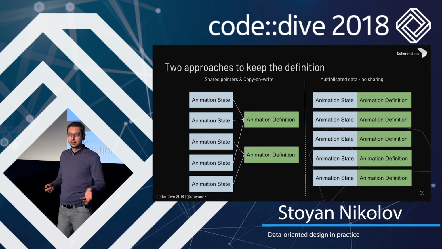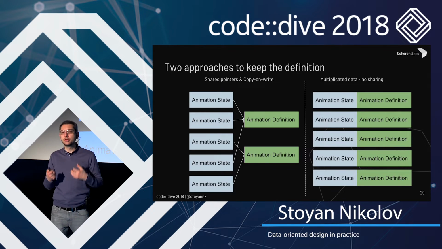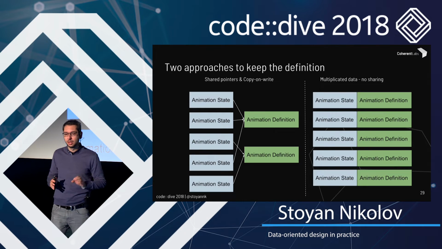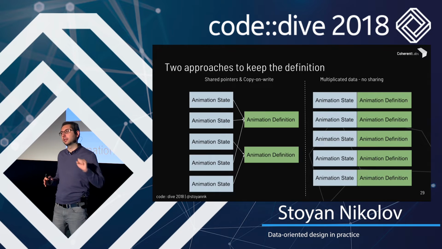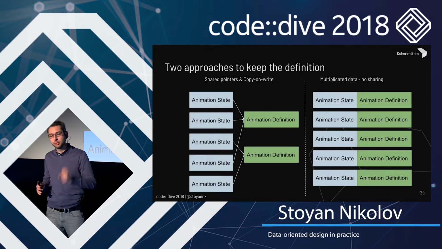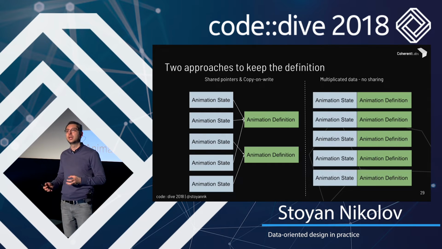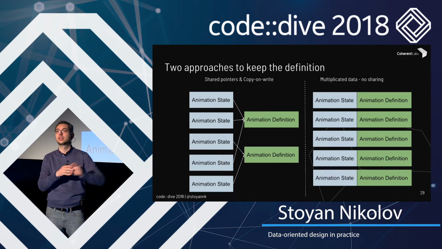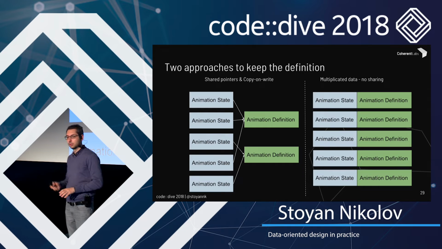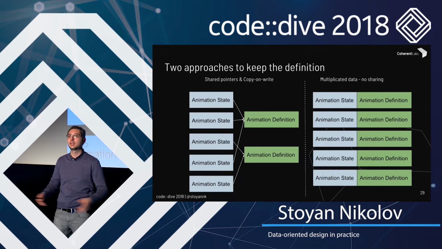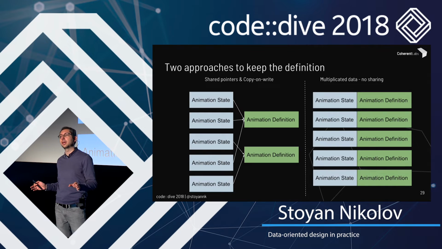So on the left side, you have, however, some issues. First, you might have cache misses depending on your workload. Second, when you have to modify an animation, and we said that this is possible because the user can do it and it's a requirement for our system, you have to employ some type of copy on write semantic. So if that definition is used by multiple animations and you want to just change one, you have to clone it and modify just the clone. Otherwise you change other stuff that you don't have to. On the right side, this is simpler because as we have cloned it in the beginning, we just modify the state and it will not affect anything else.